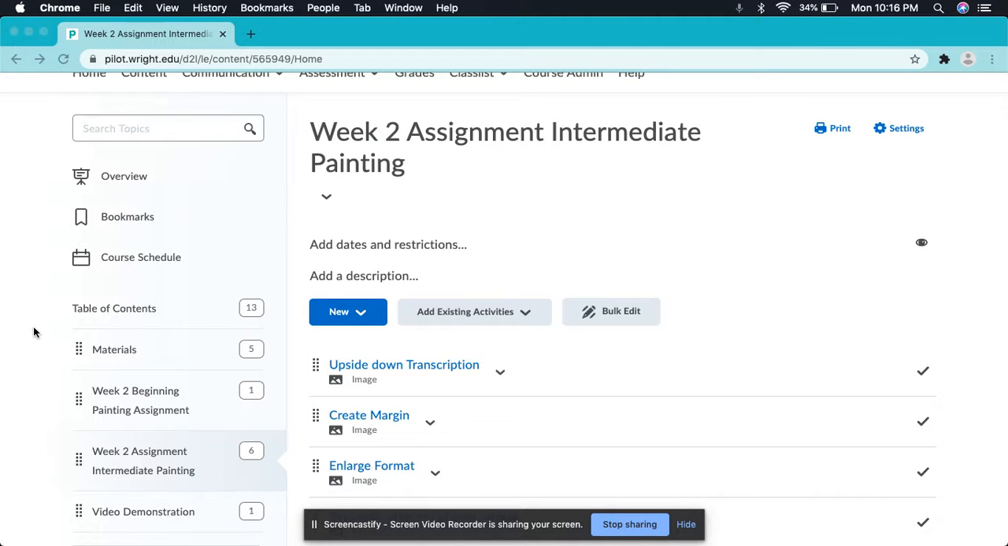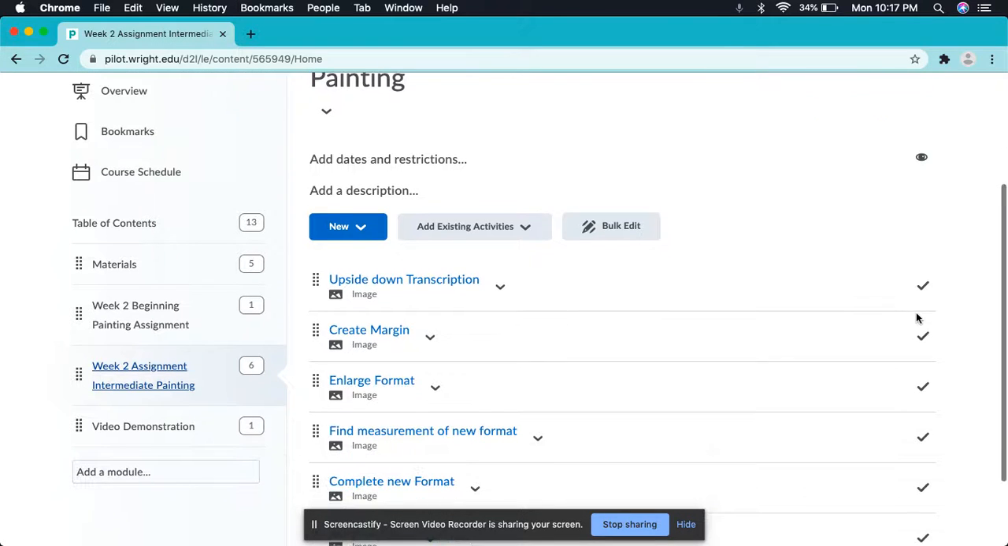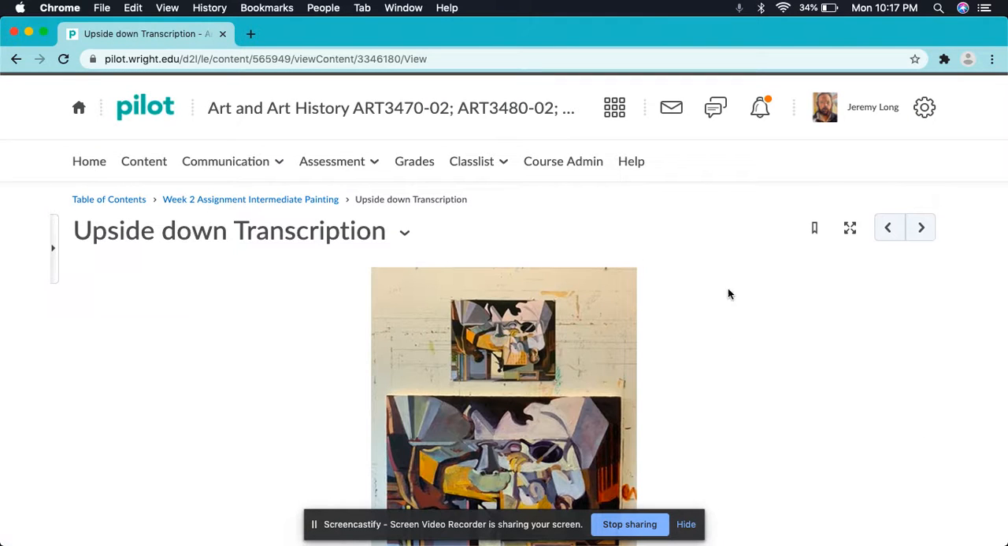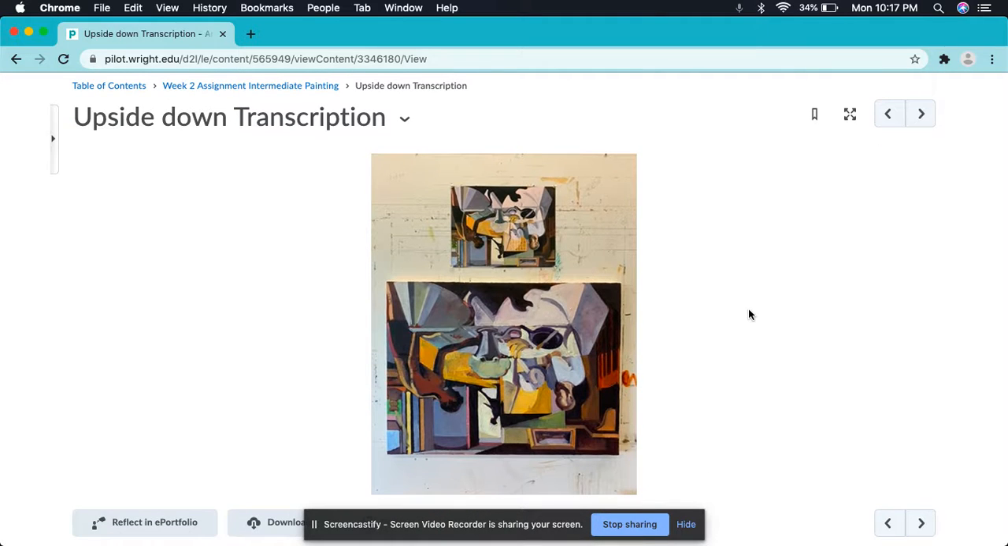Under content, you will find week 2 assignment, intermediate painting. Once you've located that, you'll see that here we have descriptions for the different stages of that particular assignment in the form of photographs. So the first one we'll look at is just simply the end result. In this case, here is the reproduction that I picked, and then here would be the demonstration that